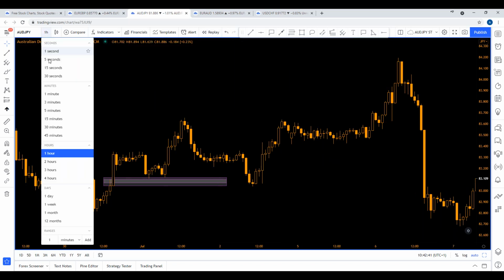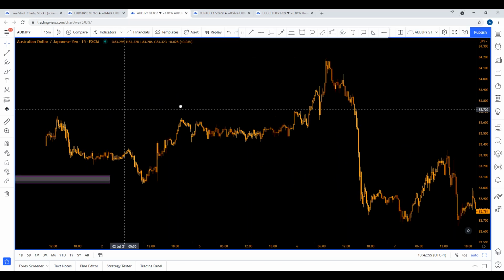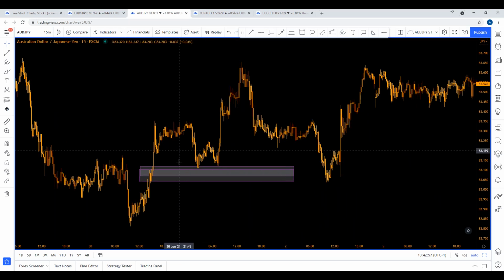Now, if we go down to the M15, every time we see a kink like this, there's a very good chance it's what we call stacked demand. There's going to be some demand areas that you're going to miss. So it's always a good idea to check out the lower time frames. By doing this, you would have seen that,